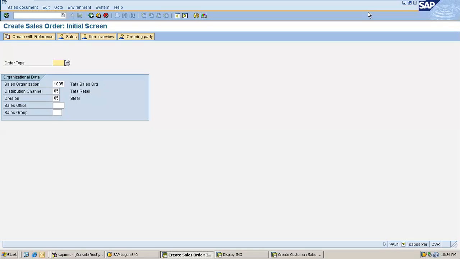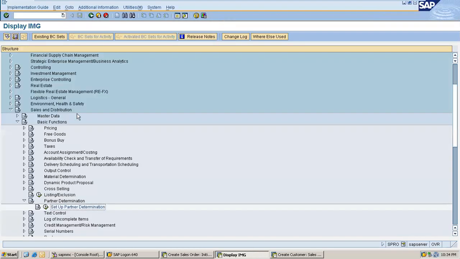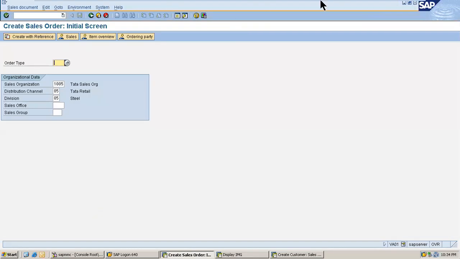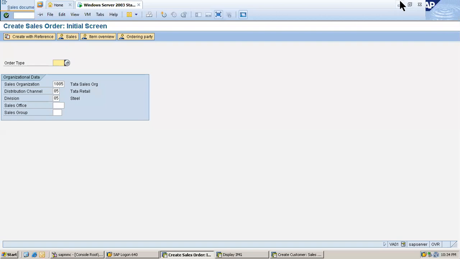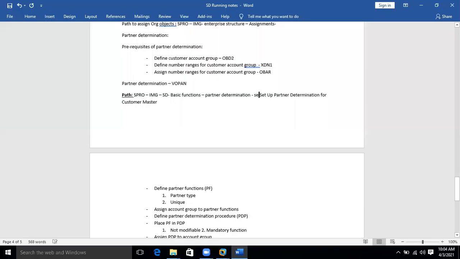We have one more option here. That is set up partner determination, and between those two steps. Set paths are also important sometimes.